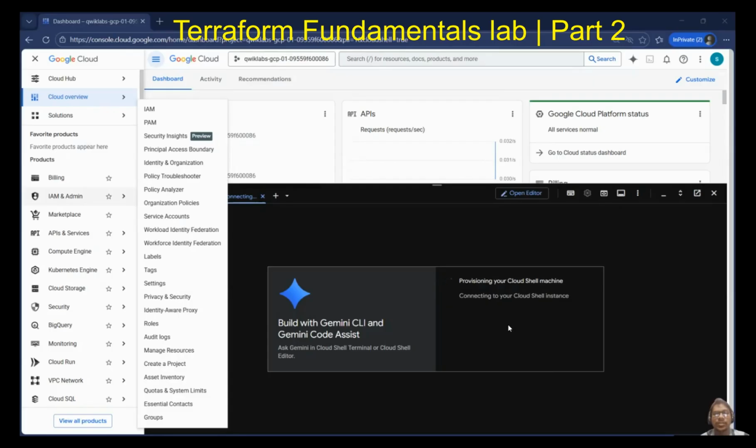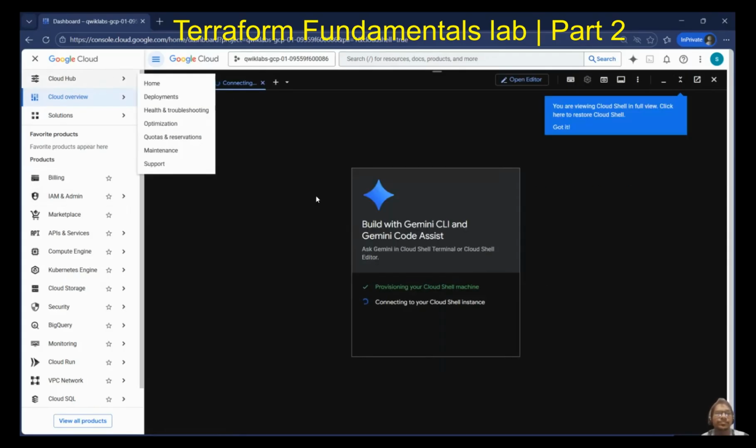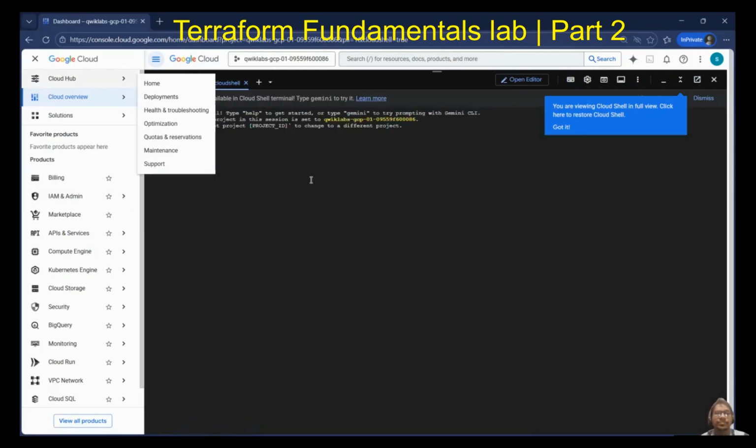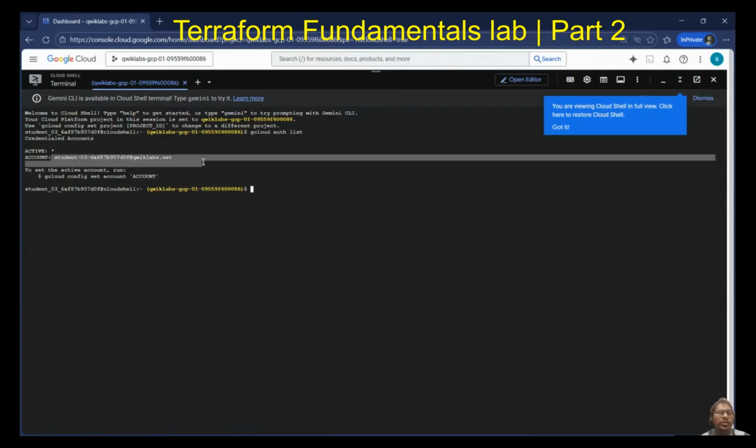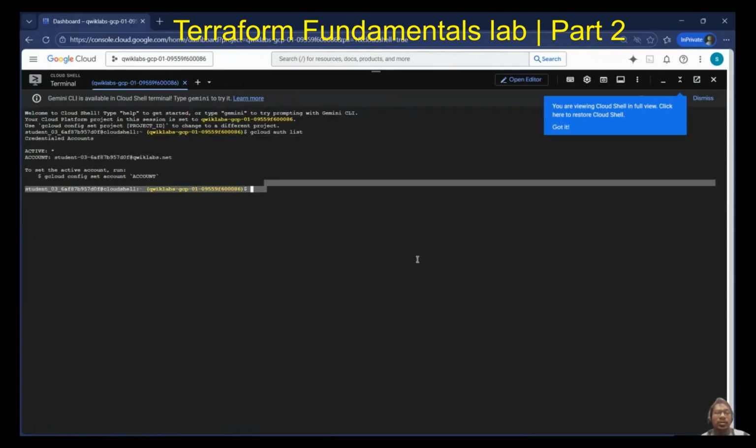So we are authorizing this account to use the Cloud Shell. Okay, so we got it. Now let's verify. Okay, so we are in the student account and it's fine. Okay, now,